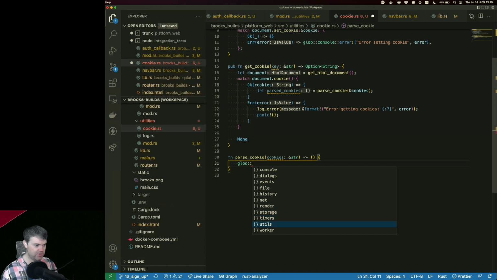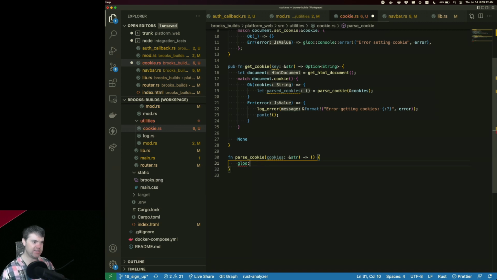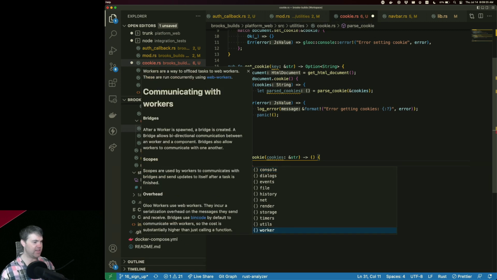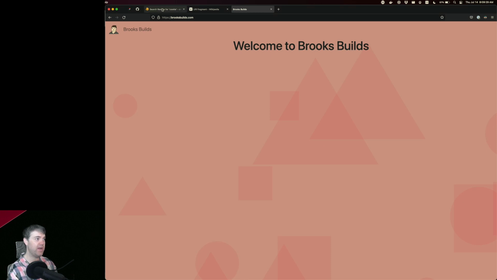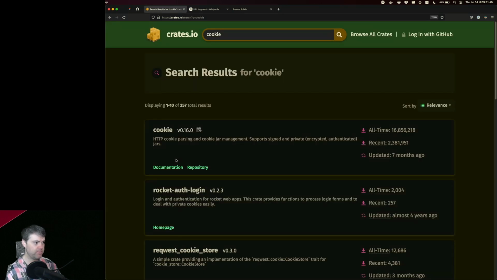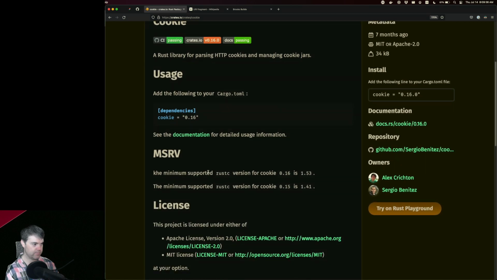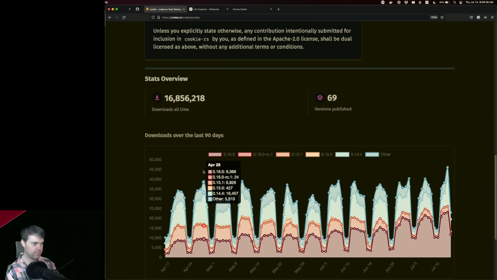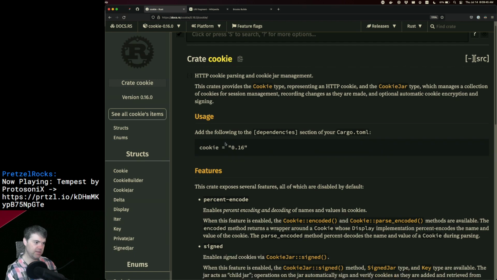Okay, so timers, utils. Now this is where I can get like body and document, that kind of stuff, but that's not really helpful. Those are just APIs. And then worker. So I don't think glue is going to help me. So perhaps you can help. So we can get cookie and